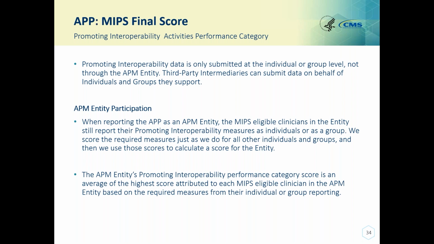And then, if you're reporting at an APM entity level, we would take those submissions and create an APM entity level score. And we would award the highest of that score to each individual clinician in the APM entity, and that would be used to generate the APM entity level score. Next